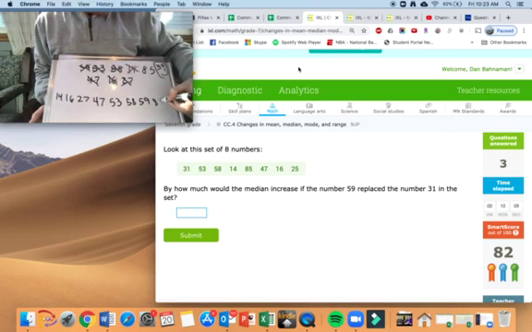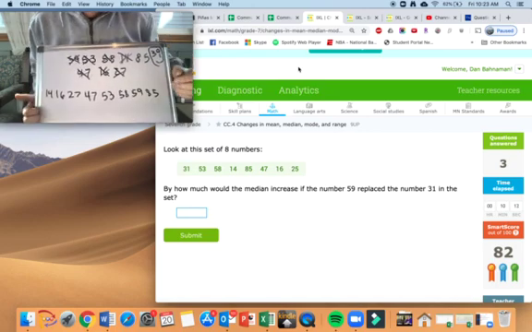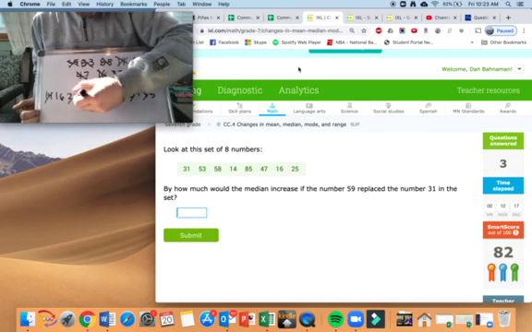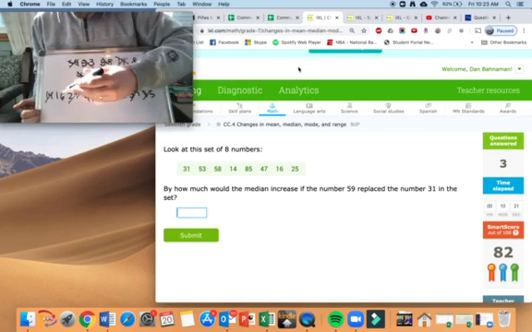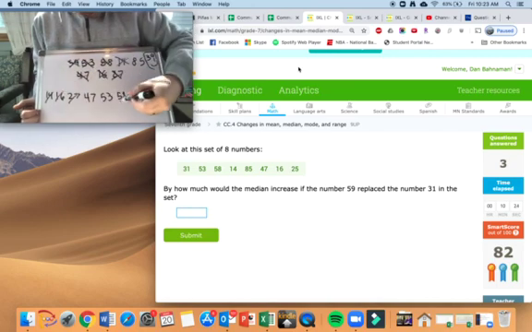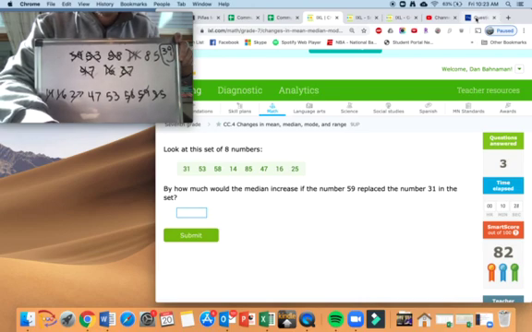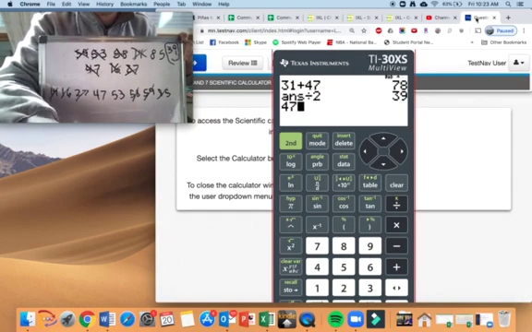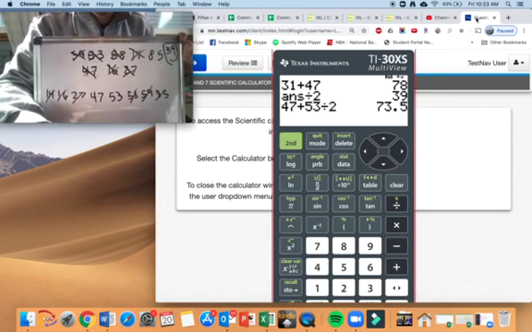And 85. So this is definitely one that you're going to do on paper. It's going to be hard not on paper. So again, finding the middle. 1, 2, 3, 4, 5, 6, 7. Okay. So again, now I have 2 numbers in the middle. For some people, you might know right away what it is because it's the halfway point. But if you're not sure, you could say, okay, 47 plus 53 divided by 2 gives me